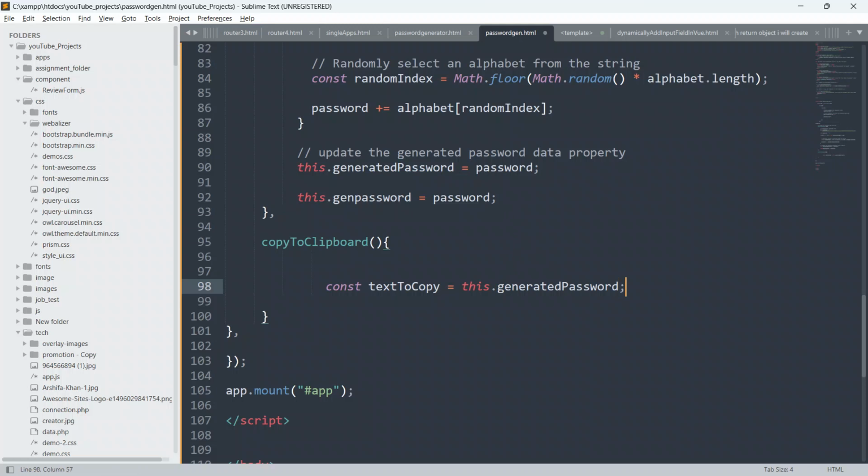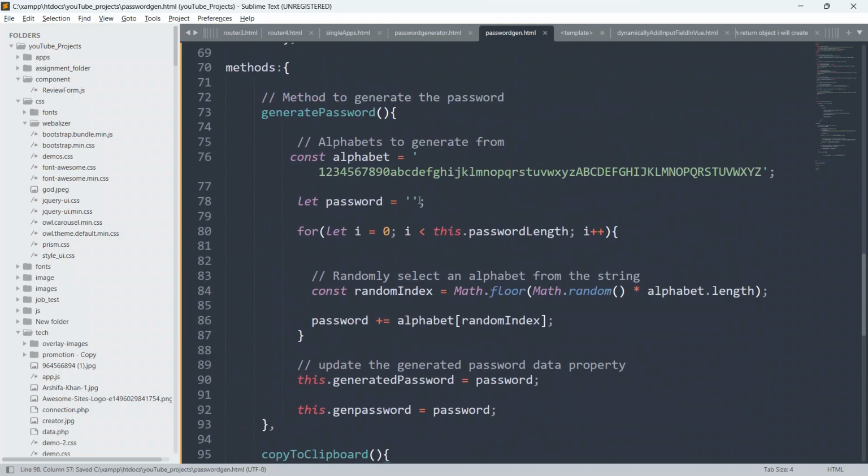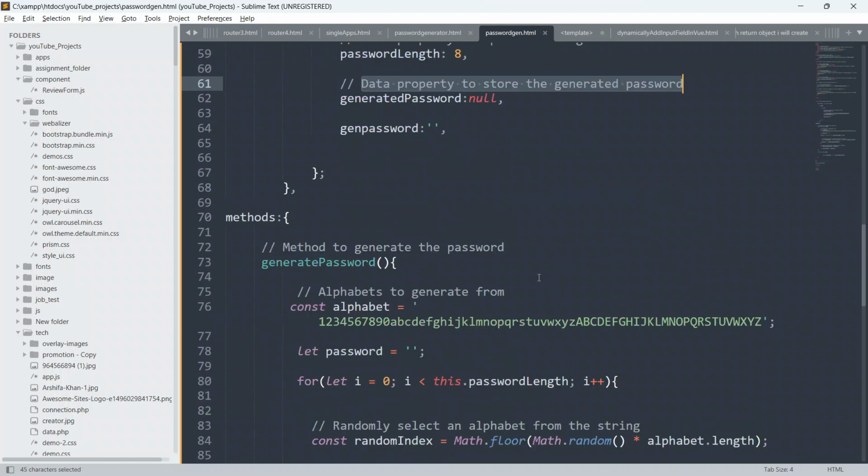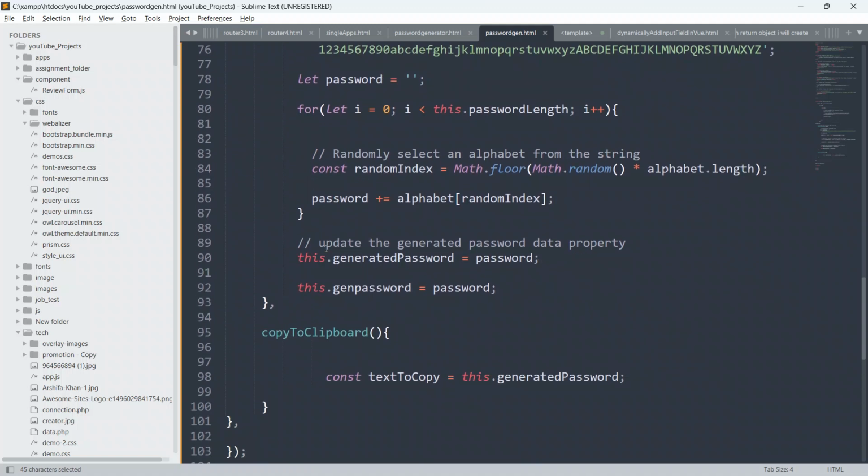As you can see, I have already written the comment also: generated password data property to store the generated password. And here we are updating the generated password data property: this.generatedPassword equal to this password.